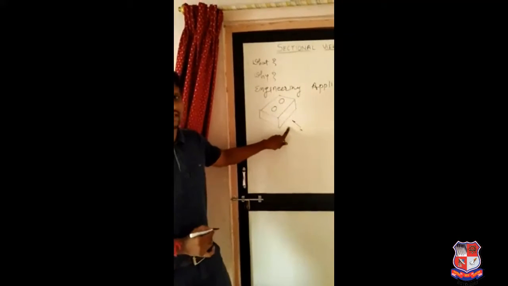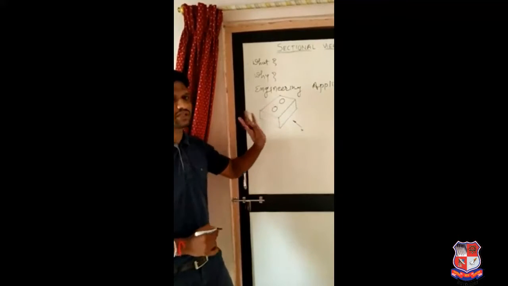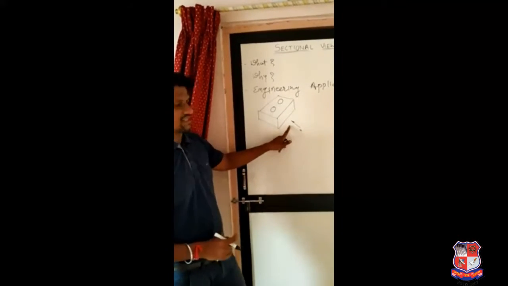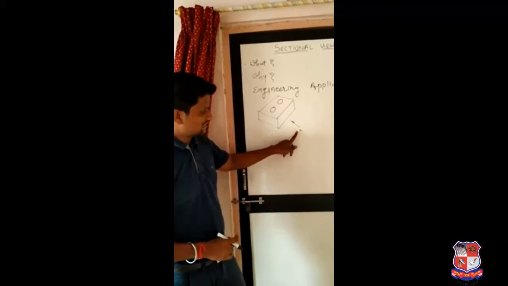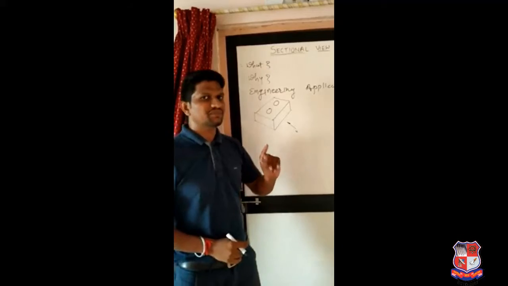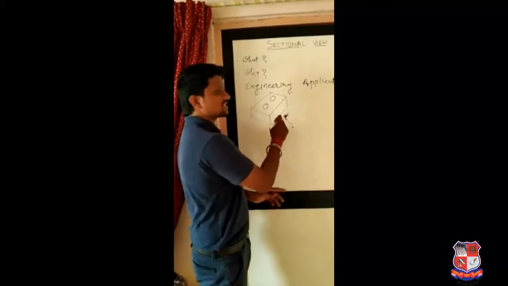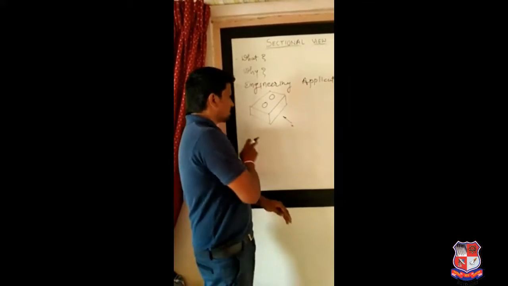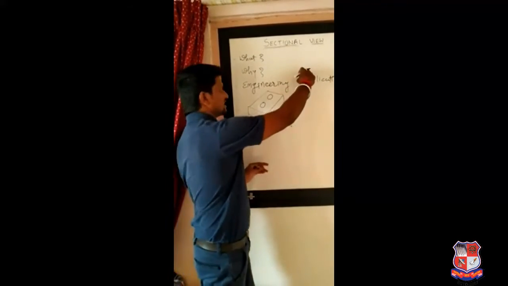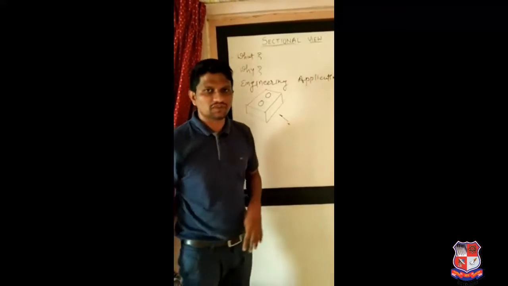Over here the x direction is given to you. One rectangular block is there, it has two circular holes as per the drawing, and it is the x direction. Now what is x direction? X direction indicates that you need to look in this direction to obtain the front view of the object. Here it is. So when we look in this direction, we will obtain a front view. Over here, this direction indicates the left hand side view, this direction indicates the right hand side view, and the upper direction indicates the top view of the object.